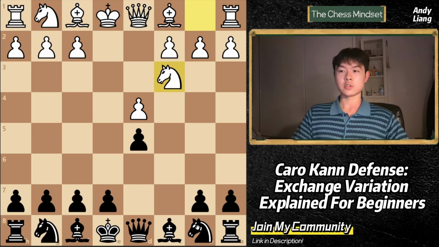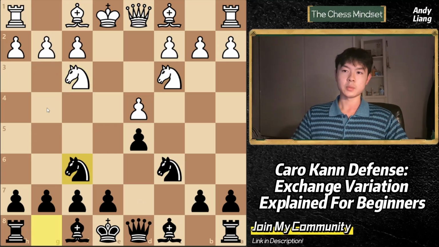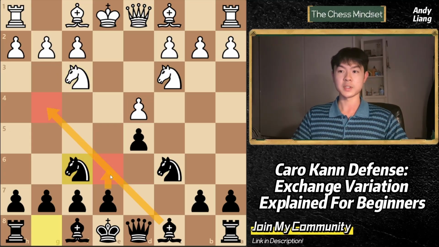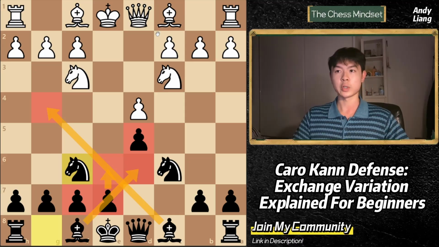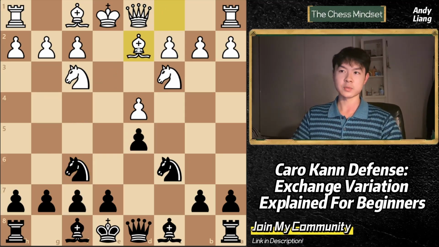Yeah, the general idea is just to develop your knights and then develop your light square bishop, lock it behind with e6, create this nice pawn structure, develop your dark square bishop out to d6 or e7 depending on where your opponent places their bishop, right? And of course, if they play it passive with, like, let's say bishop to